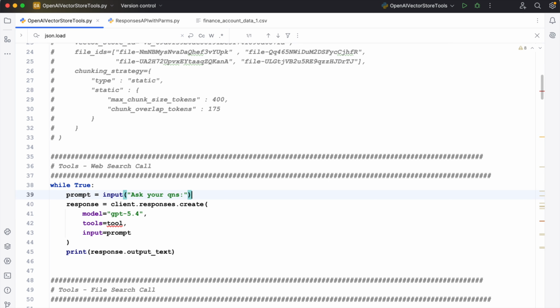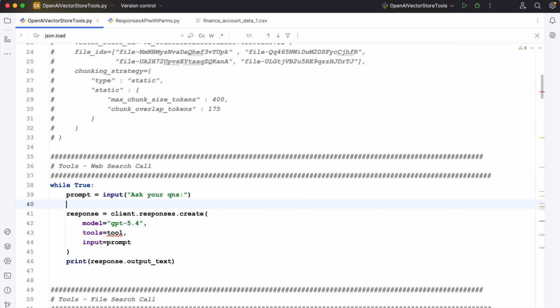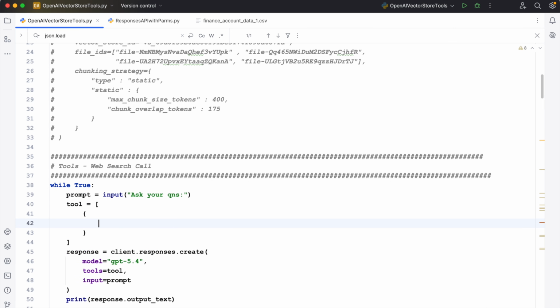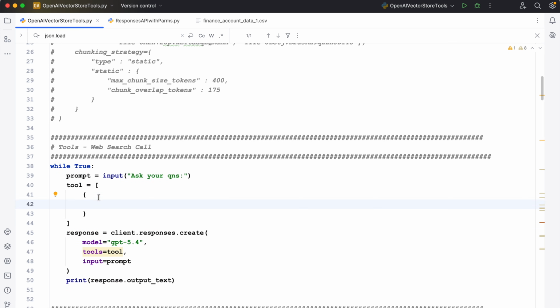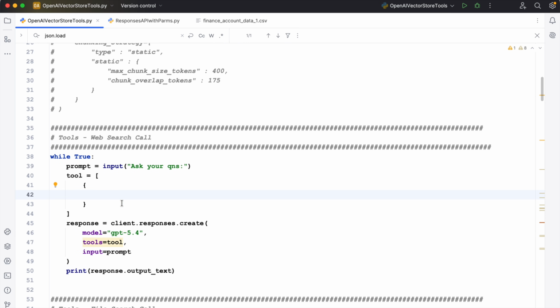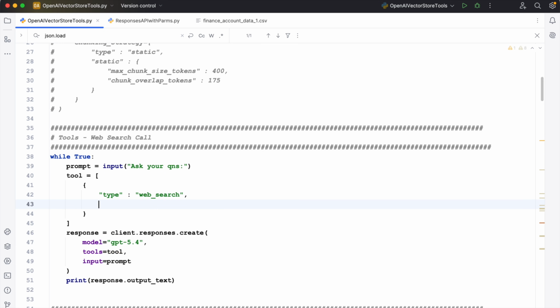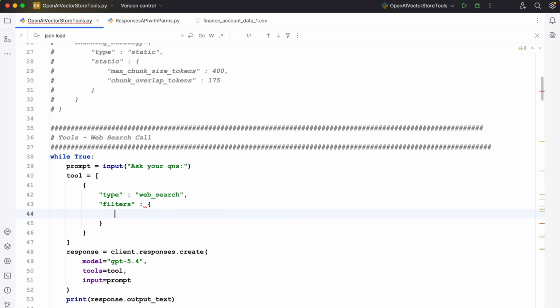So I'll ask the user to ask their questions, and in the tool variable, let me define the tools. There can be multiple elements. Each element would be a JSON document, and I'll have to mention the type first. This is the type, which would be web search, and then I'll be using the filters option, and in the filters I'll just mention allowed domains. This should be an array. So let's allow a few domains. First, I'll be adding